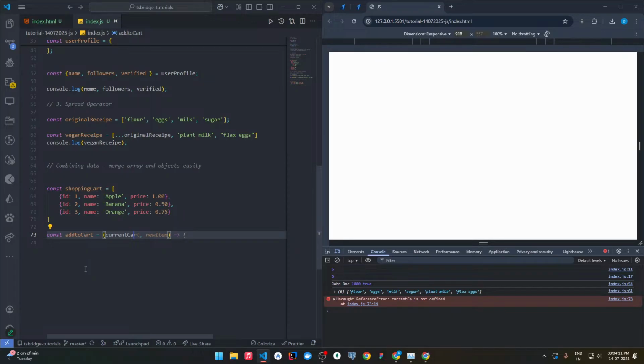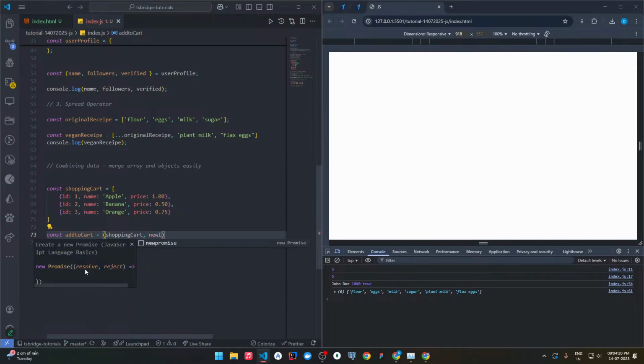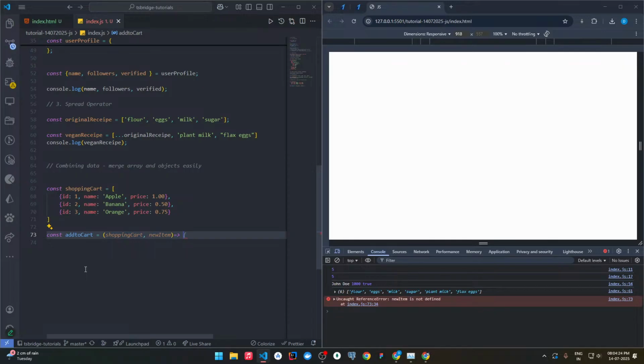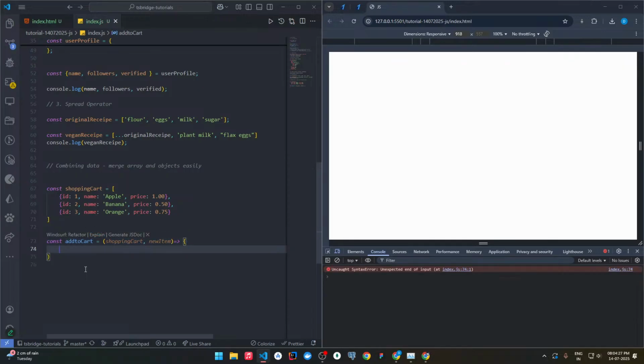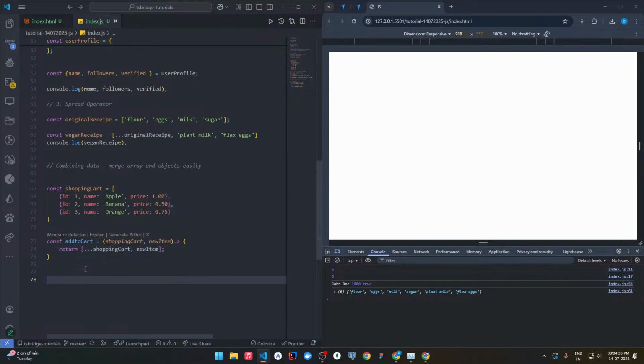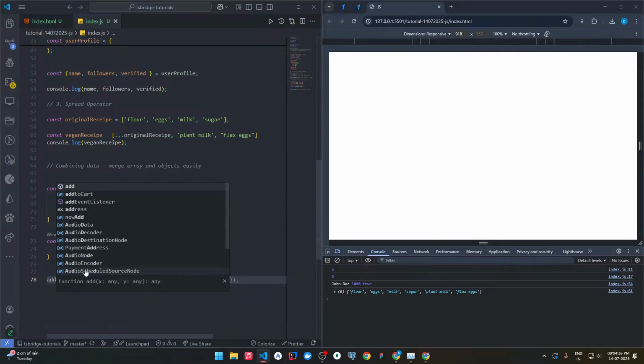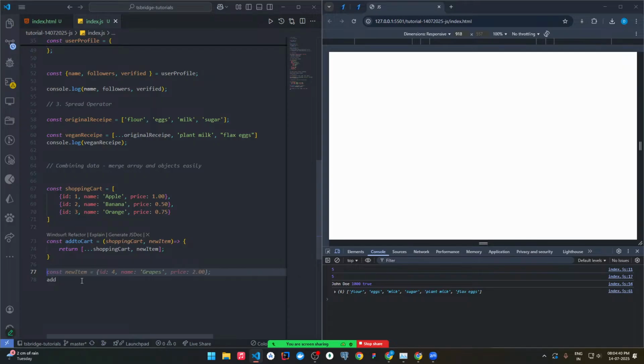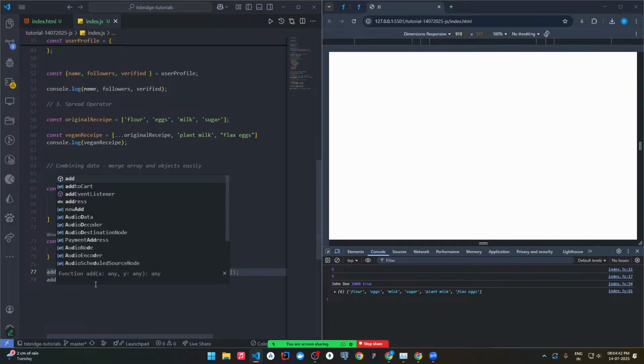We pass the shopping cart, and we'll pass the new item inside it. Inside that we will return the shopping cart plus the new item. So when we call this function addToCart,